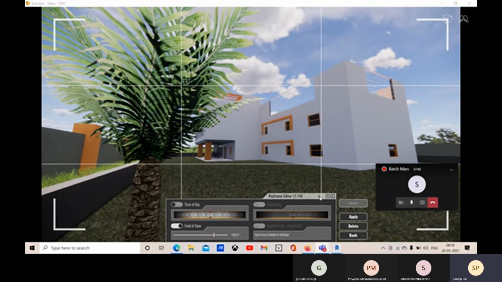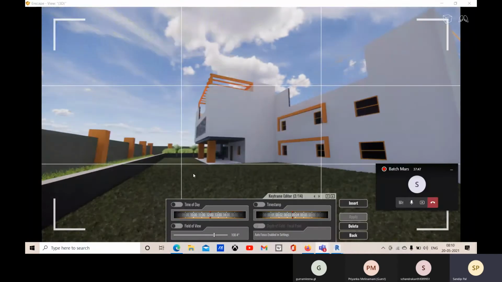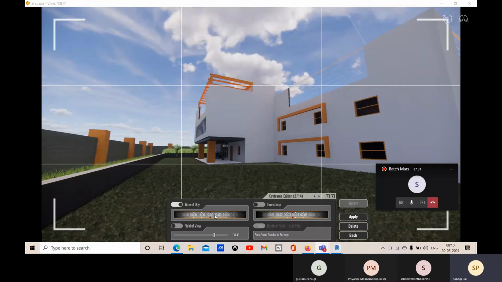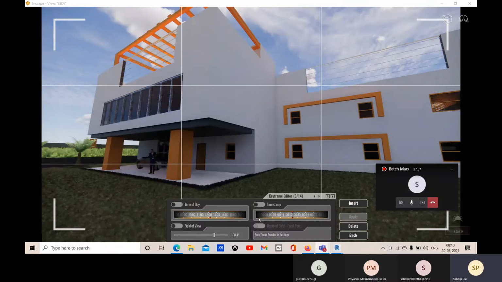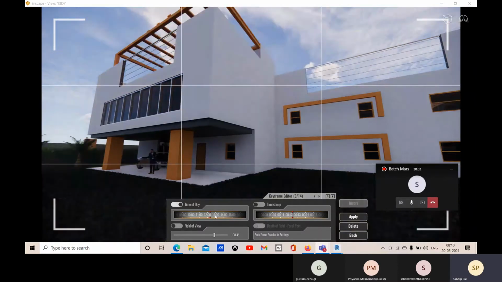So for the next keyframe, let's go to the next keyframe, and there you can change some time this way. You can change some time. Come here and let's change some time.